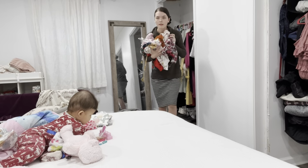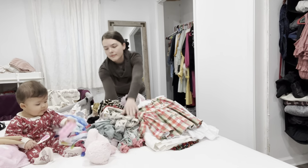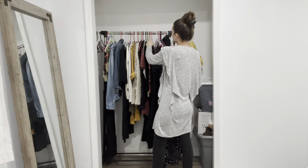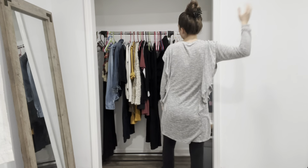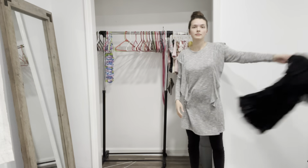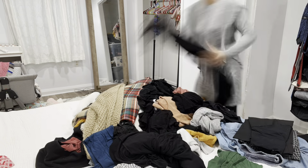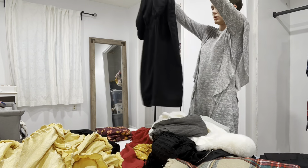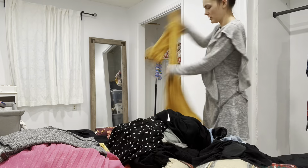And one last thing just about the KonMari method, she likes to take all of her items category by category. So when it's clothing, she will take all of the clothing, put it all in one spot, be face to face with it, and then go through each piece item by item, and she will ask herself the question, does this spark joy? She describes it as having happy cells, like your cells are kind of firing up, like you're excited, a little feeling of joy when you're holding that